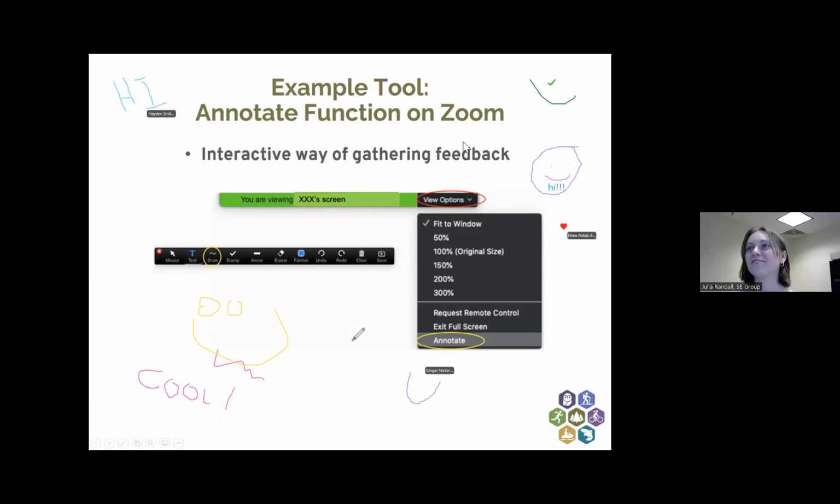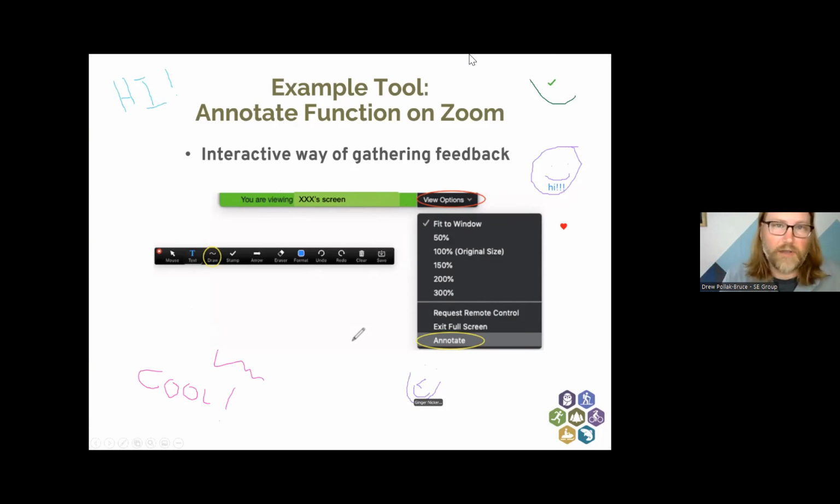Okay, the View Options button will be right next to that green bar where it says you are viewing my screen. It may not show up until you scroll all the way up to the top, and it may show up as a floating